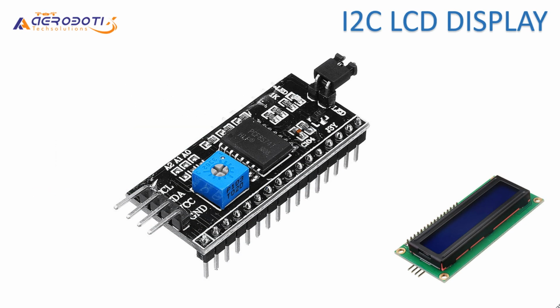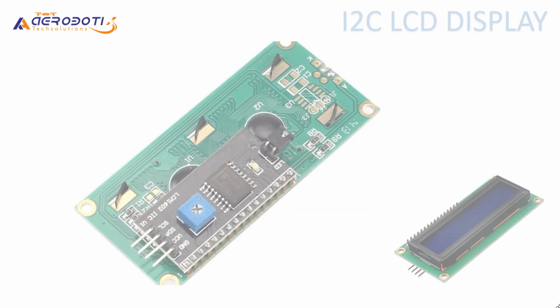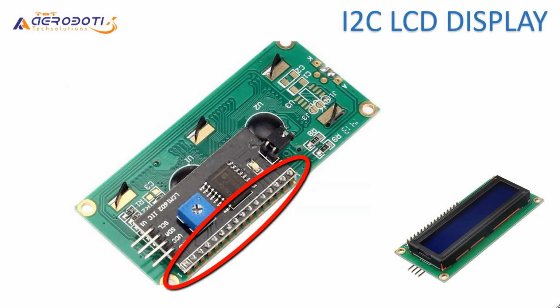So, to overcome this drawback, an I2C LCD backpack module is used nowadays. This module works on I2C, that is Inter-Integrated Circuit protocol. This module acts as an I/O expander for the LCD. It allows us to communicate with the LCD by using only two data lines instead of 10 like the traditional way. You just need to solder this module to the LCD from its backside. It will look like this then.